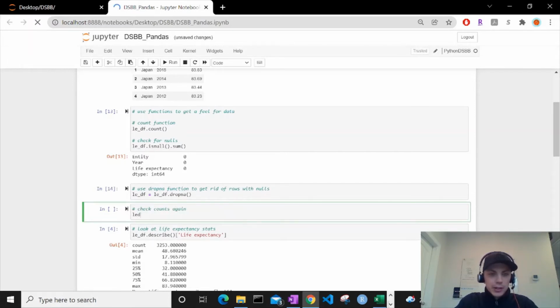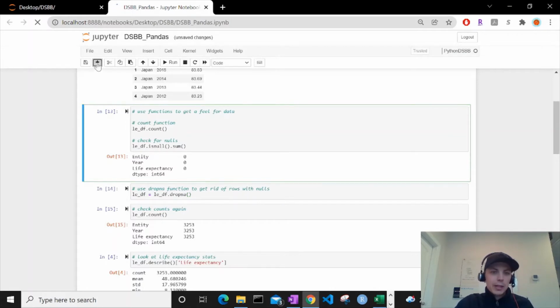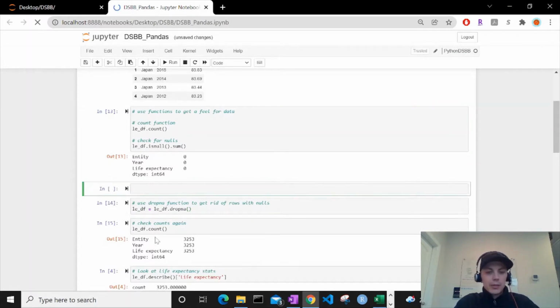And if you do LEDF count, Control-Enter, you still have 3253, right? Nothing has changed because you don't have any NAs to drop. So let's go up to this cell, make a new one here, and then we can replace